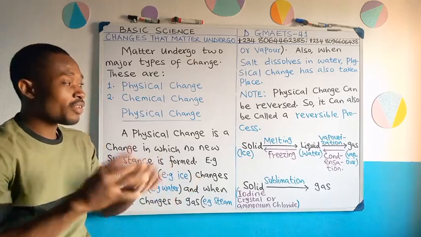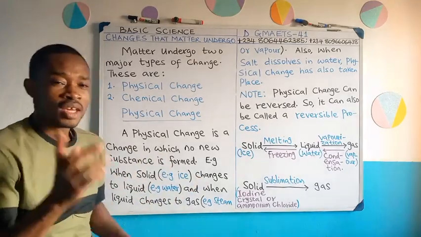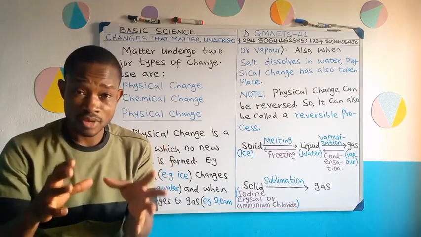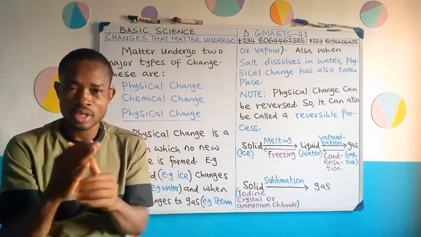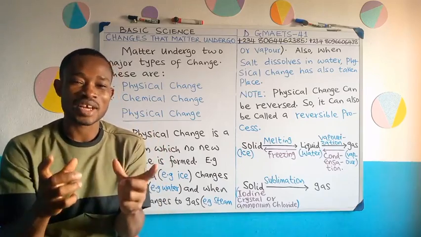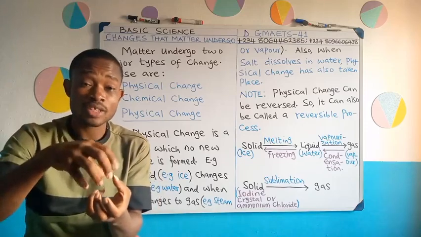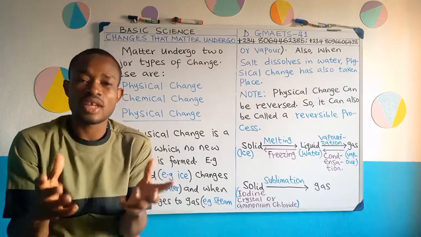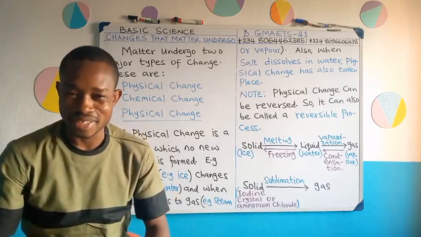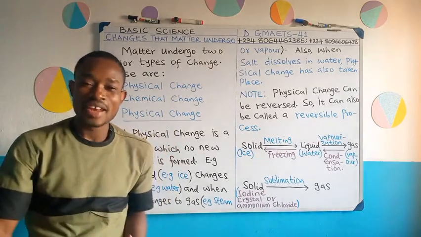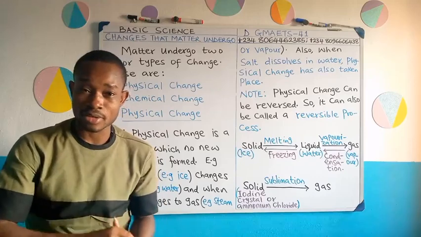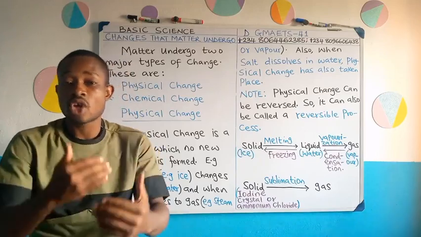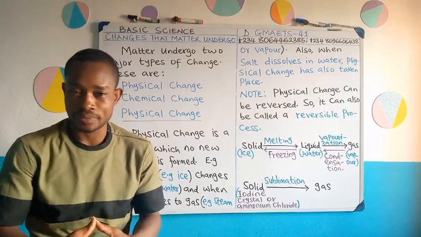Is that okay? Think, for example, when you have water. If I give you water and you put that water inside a refrigerator, which is a cold space, over time, what will happen to that water? The water, which is in liquid form, will start changing continuously down to becoming a solid. That solid, we call it ice. You've heard of ice water, is that not so? And even your ice cream, that ice cream can also be in liquid form, when it is kept inside a refrigerator and you leave it for some time, it will now change to ice.